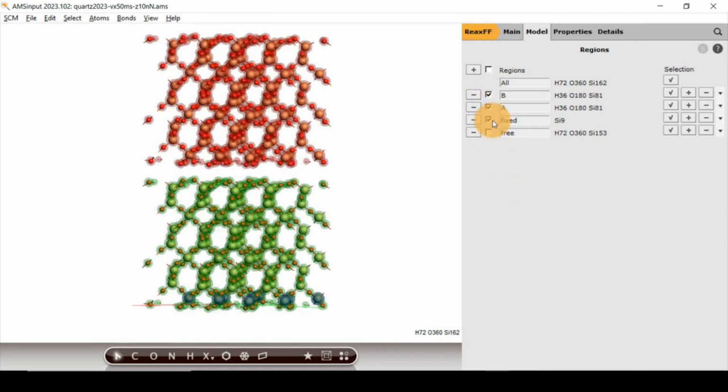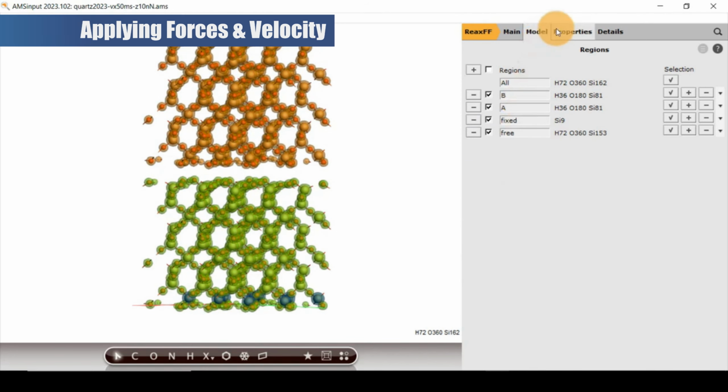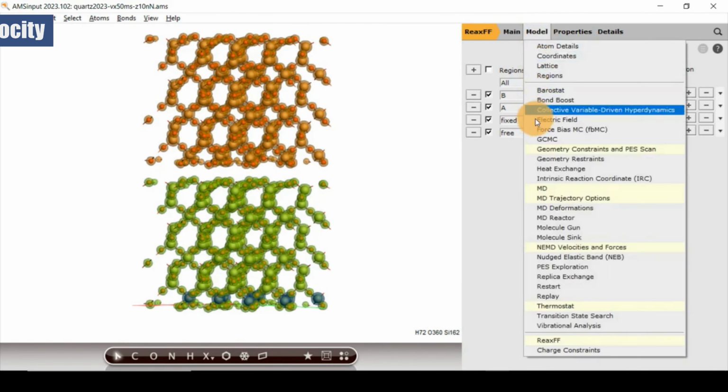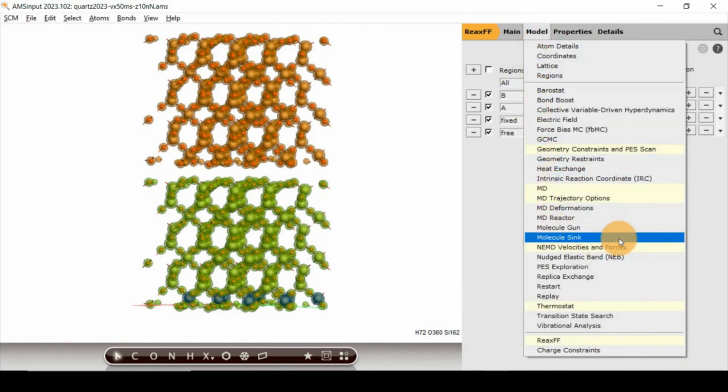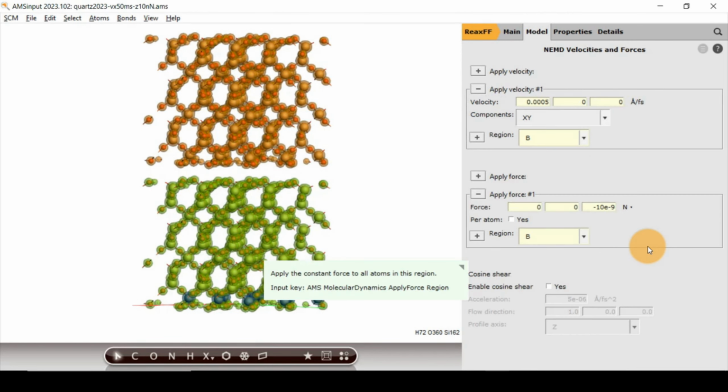Additionally, the silicon atoms in the bottom layer of the stationary slab are assigned to a region called fix, allowing them to be locked in place later. All atoms other than the fixed ones are placed in a region called free, enabling them to be thermostated at 300 Kelvin. To set up the external forces and velocities, the NEMD panel is used,